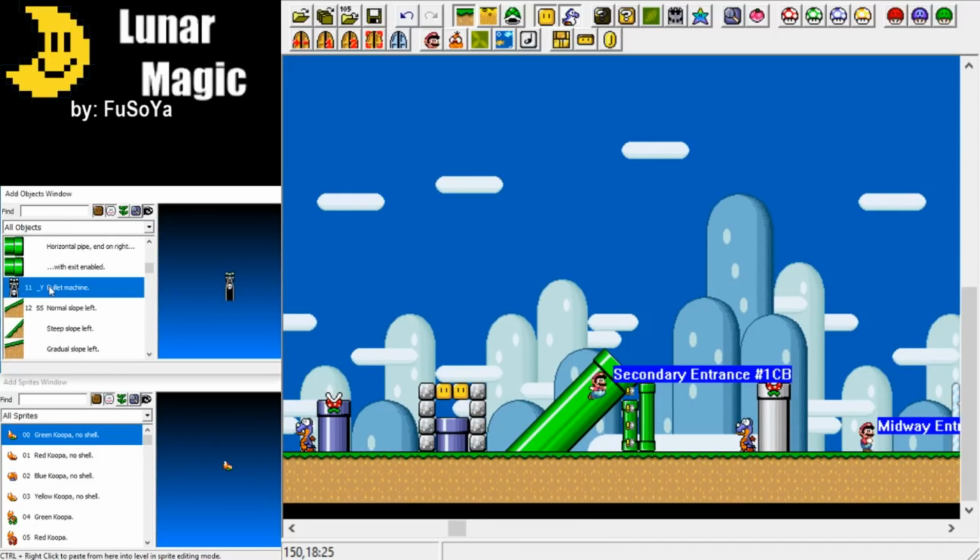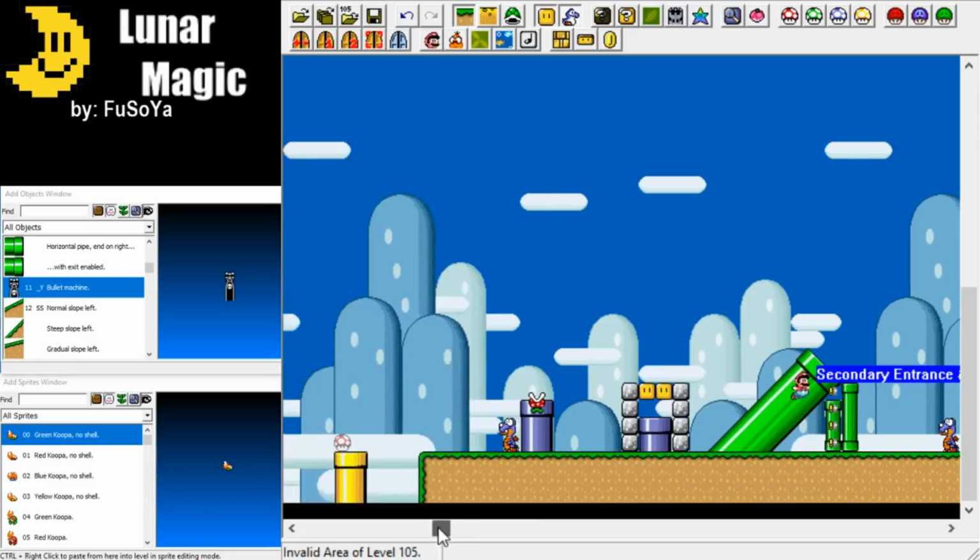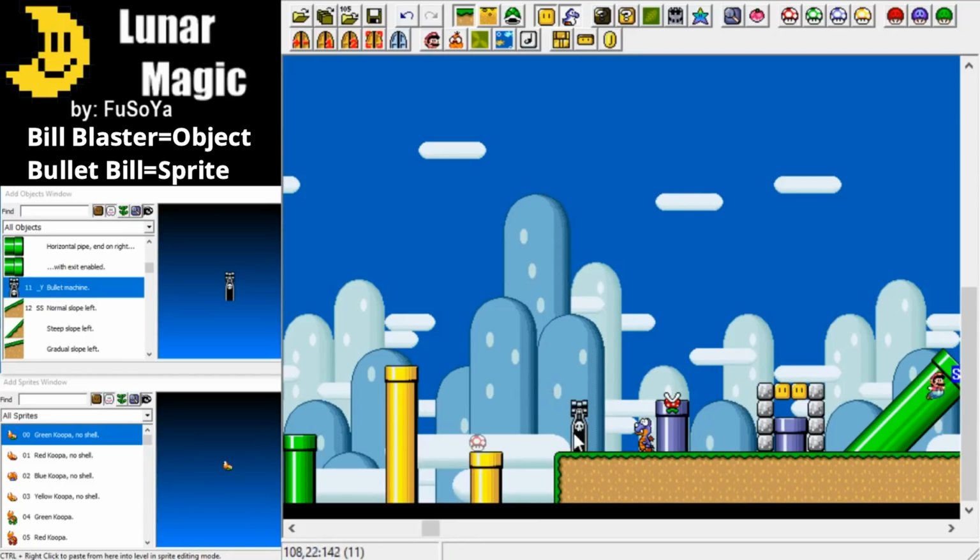But before we do that, there is one object that we do want to add, which is a bullet machine. So right now these bullet machines are just stationary objects, just like the pipes and the bricks. That's why they aren't considered sprites, is that they don't actually move. So later on we're going to have to add the bullets to it,